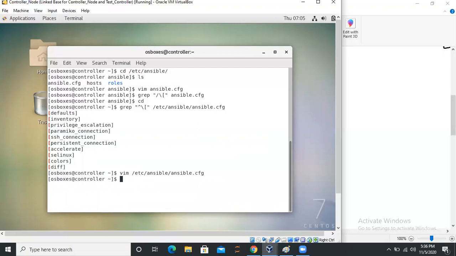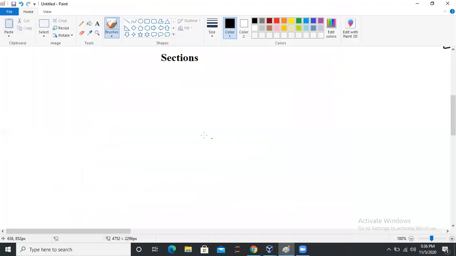Okay, so let's say Ansible first checks which remote user to use on a managed host. For example, there is a user named Ashu on the managed host, and obviously the super user is root.